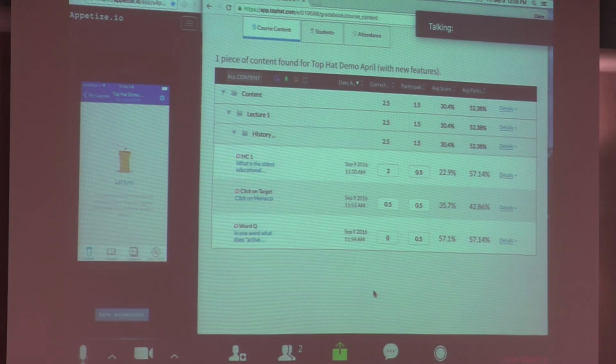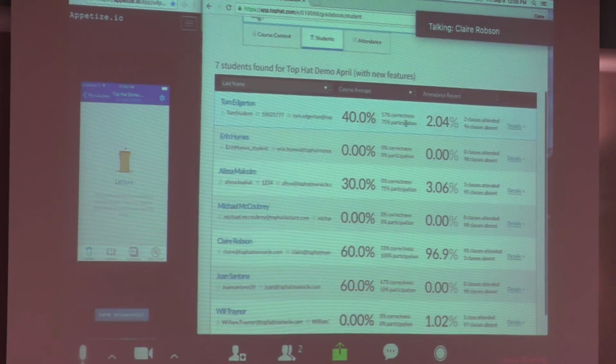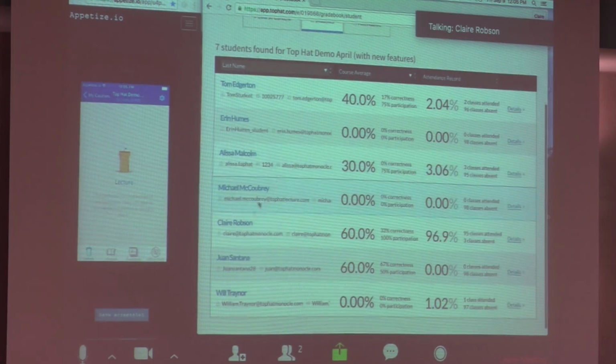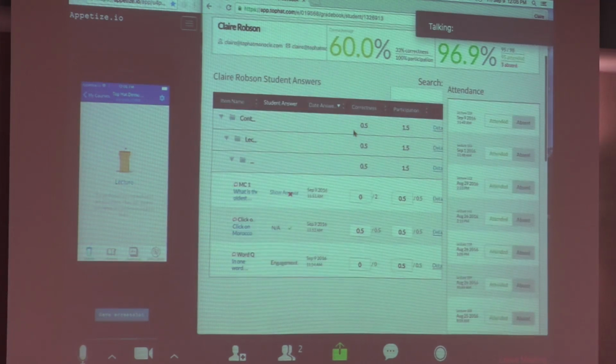If you wanted to get a complete overview of how each of your students has done in class, how many questions they've answered, how many classes they've attended, you go into the Students tab and check out the class roster. Even if I go into My Course tab, we're able to see my course average, my attendance record, and how I fared on every single question that's been asked in class. From this, your attendance is automatically graded, your participation is automatically graded, and if you were thinking about using this for any sort of quizzing, that is automatically graded as well.